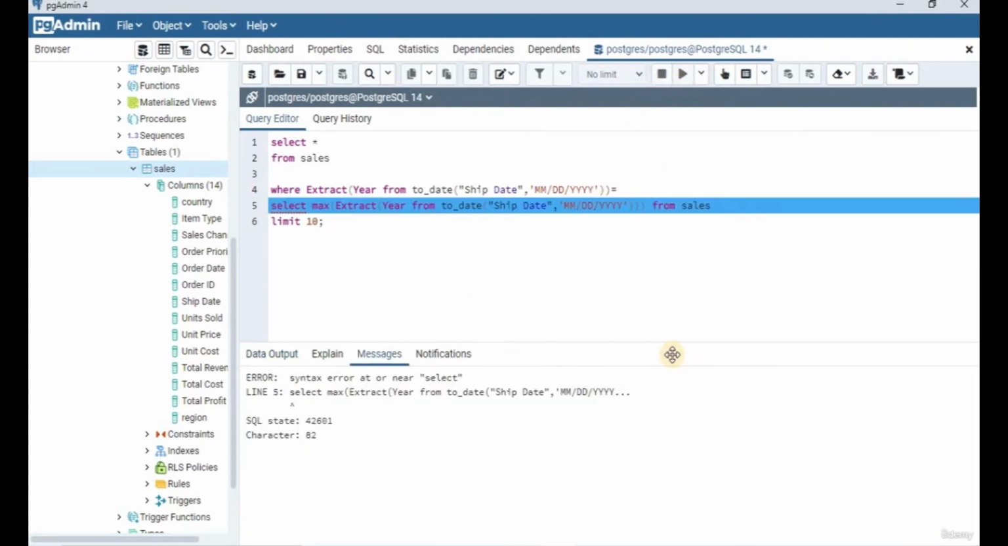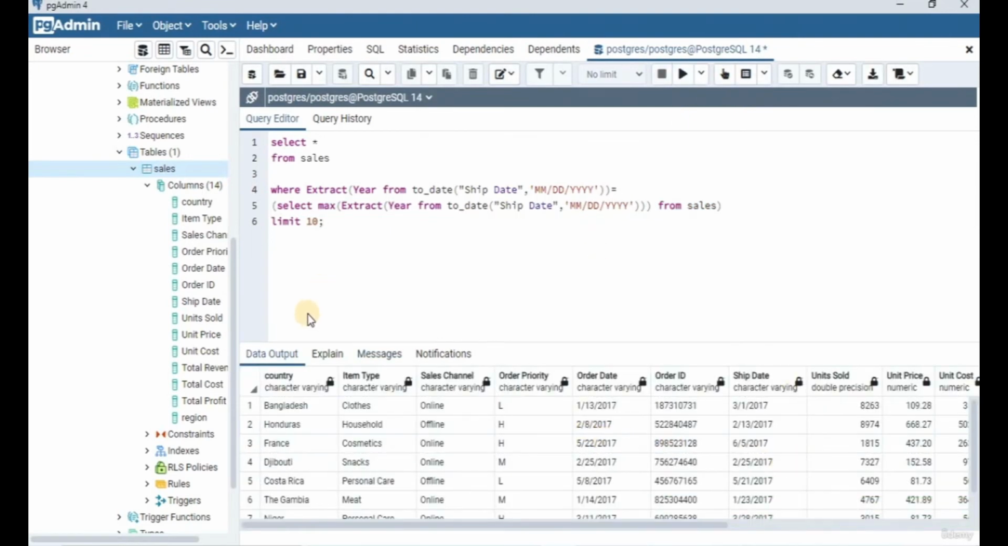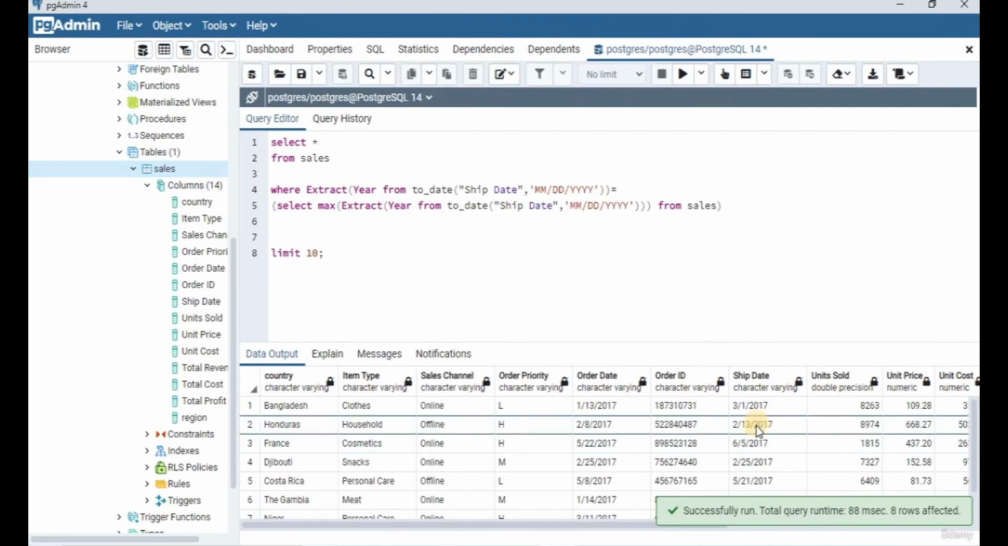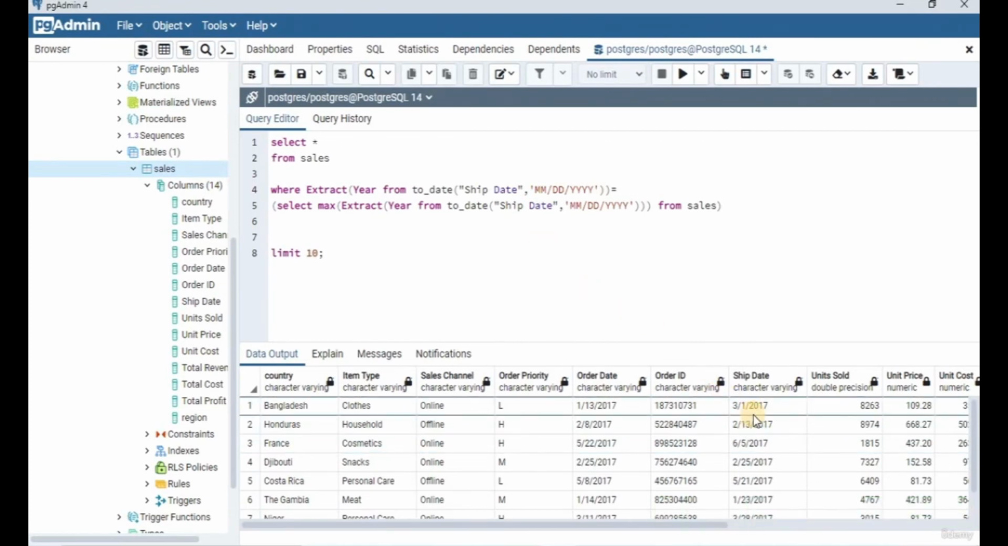Now let's run this query here. It's stating error because we need to include a parenthesis right here. Okay, now let's try to run this query here, and right now we can see the records have been filtered to our maximum year of our ship date column. So this is how we filter our data using a dynamic filtration based on our max year extracted from